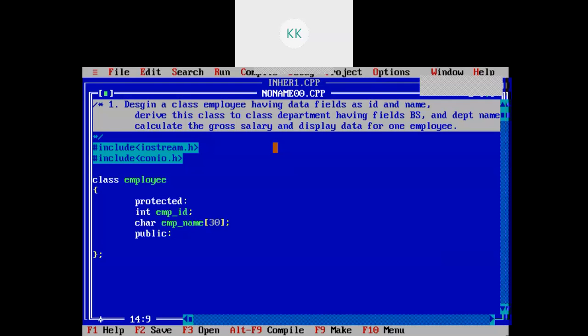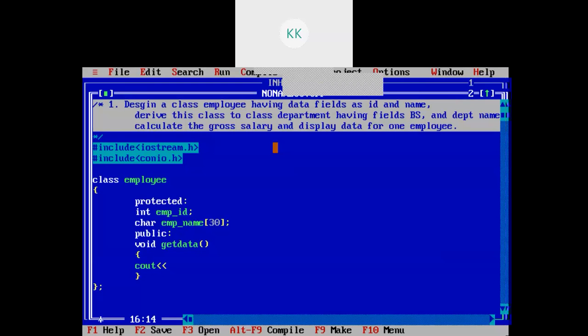So I can write void get data, then cout slash n, enter ID and name of employee, and then I will input emp underscore id and emp underscore name.